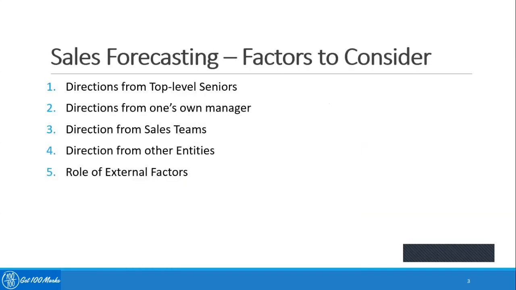Let us understand sales forecasting with reference to the factors which need to be considered. For a successful and accurate sales forecasting, it is necessary to take into consideration the direction from significant departments of the organization, comprising of seniors, managers, sales teams, and finally the instinct of the individual who is responsible for doing the sales forecasting analysis. Let's list down these sources of instructions and how they contribute towards designing a reliable sales forecast.